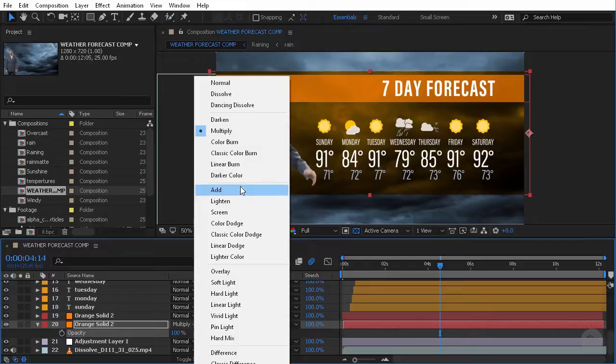Our options include add, lighten, screen, color dodge, classic color dodge, linear dodge, and lighter color. These blending modes tend to lighten colors, some by mixing colors in much the same way you would when you mix projected light. So with additive color space, we're going to see all the colors coming together to create white instead of all the colors coming together to create a black or muddy color like you do in colored pigments,